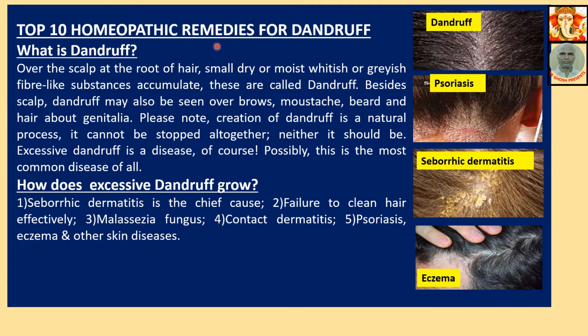Top 10 homeopathic remedies for dandruff. What is dandruff? Over the scalp, at the root of hair, small, dry, moist, whitish or greyish fibre-like substances accumulate. These are called dandruff. Besides scalps, dandruff may also be seen over brows, moustache, beard,